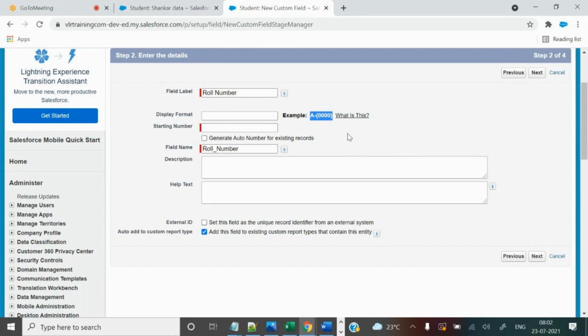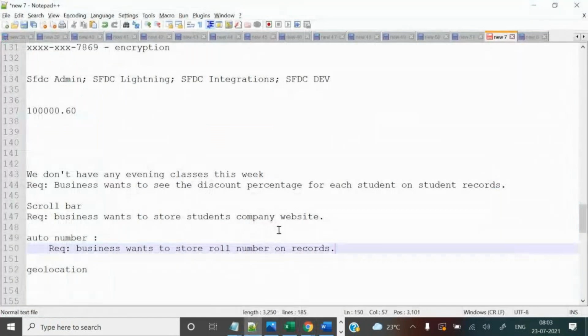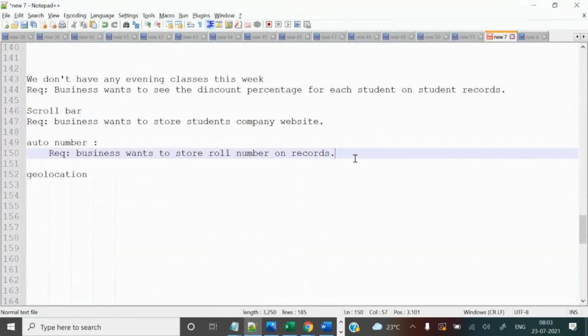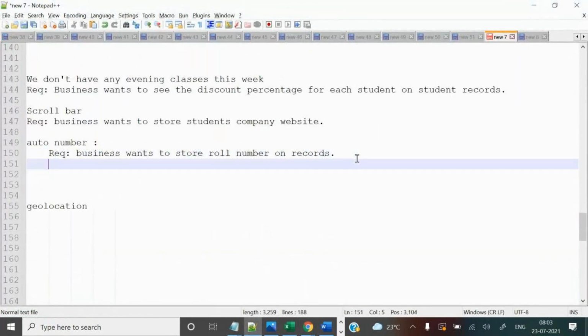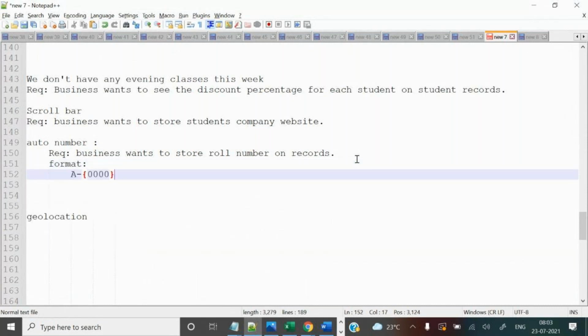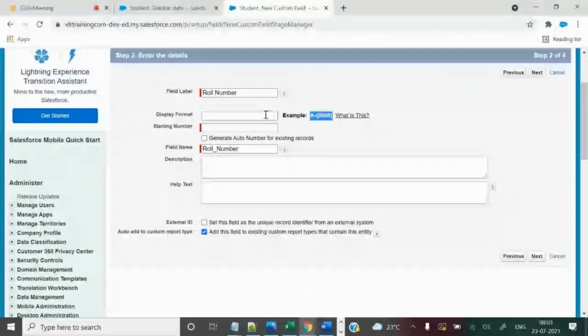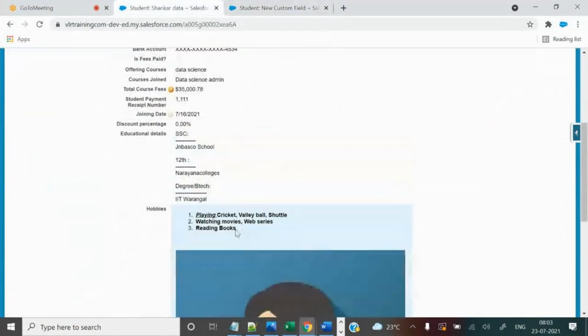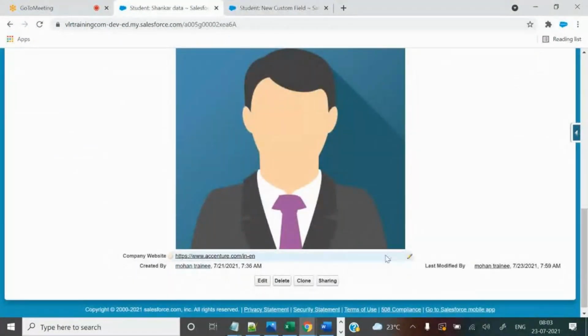If you want, you can click on this link and go through it. Now let me show you the format. Suppose you have given a format like this, what is the output? This is a configuration, and the output, here on the field, is what you are going to see.